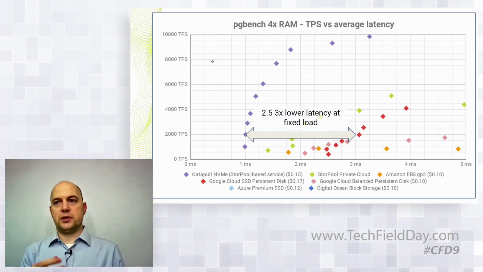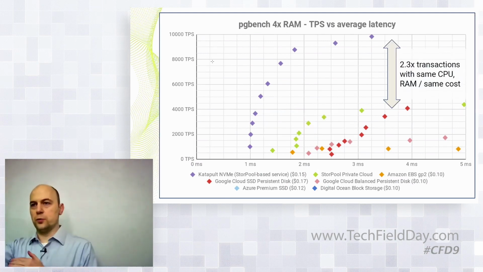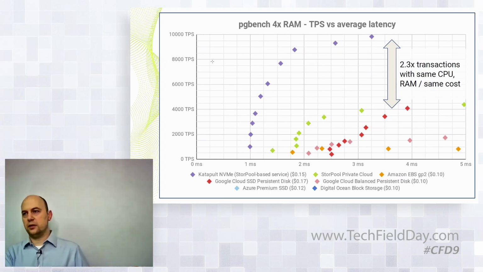That performance difference translates into a 3 times latency difference for transactions on top of the database, right? And in other terms, if you compare throughput instead of latency under reasonable load, you would get about 2 times more transactions per second with the same specification of a virtual machine, with the same amount of money spent on